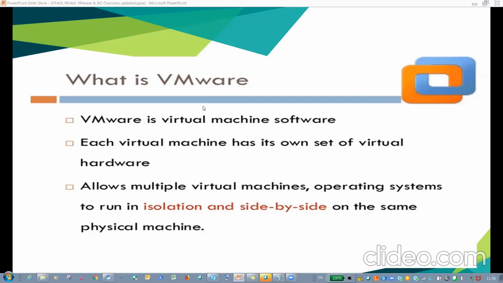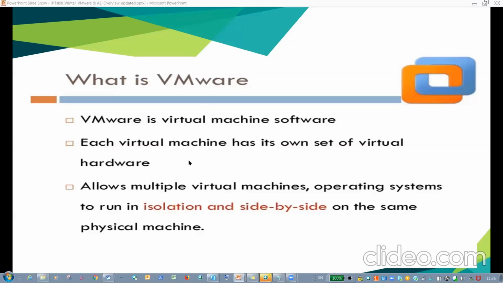On top of that we install VMware, and under VMware there are many virtual machines, and all the virtual machines have a set of virtual hardware. It allows multiple virtual machines, operating systems, to run in isolation and side by side on the physical machine.